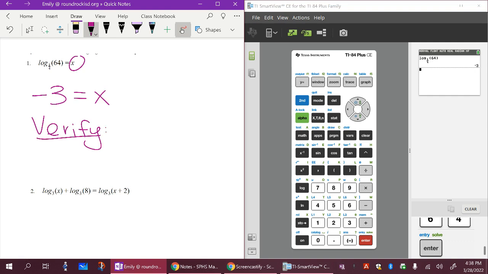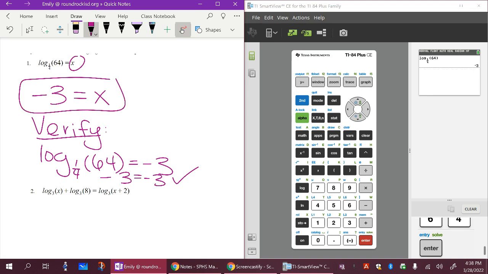Gotta verify our answers. There we go. In this case, because there wasn't really anything to move around, all that we're doing is just making sure that that's in fact what we typed into the calculator, and it is. There we go. And if you don't have one of these calculators at home, that will do the alpha window thing, so you can type in a base. You can use change of base,